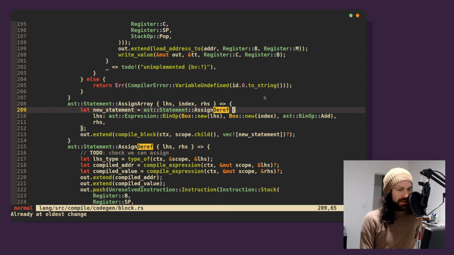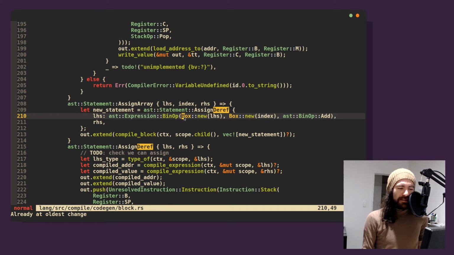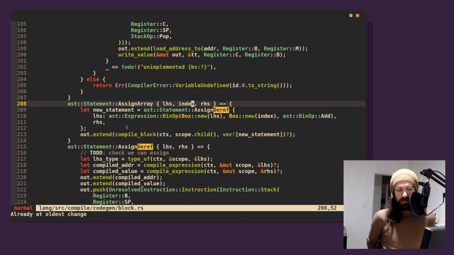That's assign array. Assign array gets rewritten as an assign deref. That's fine. Does this possibly rewrite the type? Index? Box new index. Index is the thing. Add right hand side. Left hand side we're adding it to the index.